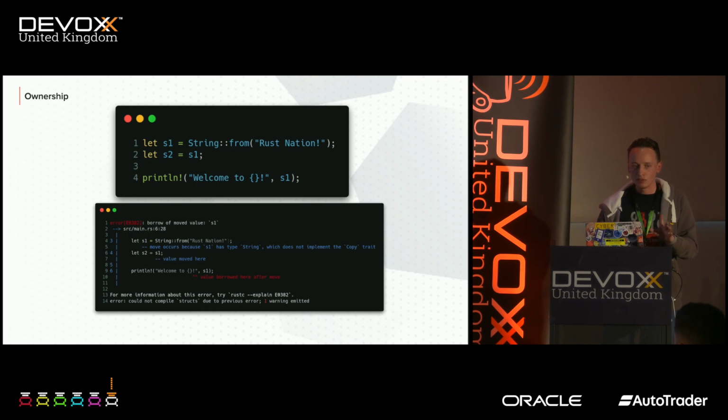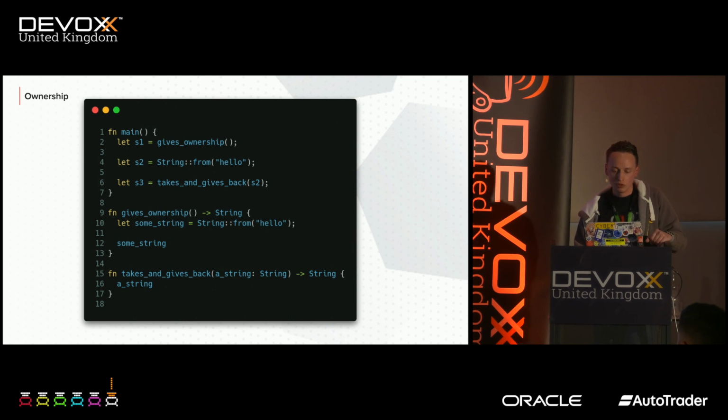So that's a whole lot of explanation. We went pretty technical. Don't worry if one or two bits were a little confusing, but hopefully this error makes a bit more sense now. What we're saying here is that we tried to borrow the value from S1, but the value that S1 references in memory is now owned by S2. So we can't use the value from S1 at all because that value has been moved to a different variable.